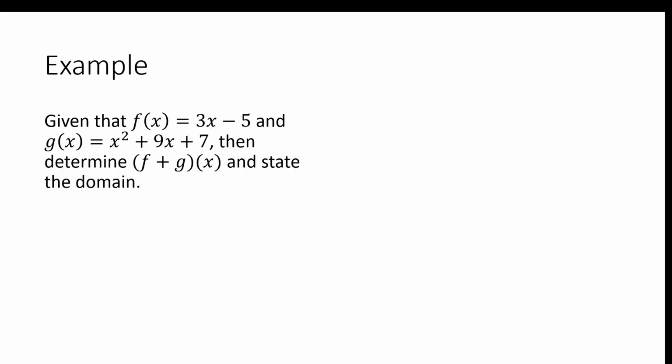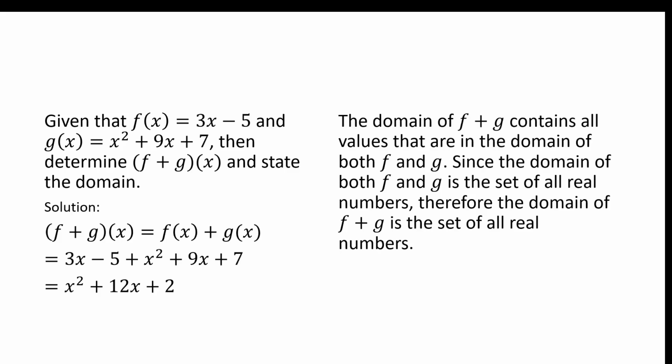Now suppose we're told that f of x is 3x minus 5 and g of x is x squared plus 9x plus 7, and we want to determine f plus g of x and state the domain. Well, we know that f plus g of x will equal f of x plus g of x, which is 3x minus 5 plus x squared plus 9x plus 7, which ultimately is equal to x squared plus 12x plus